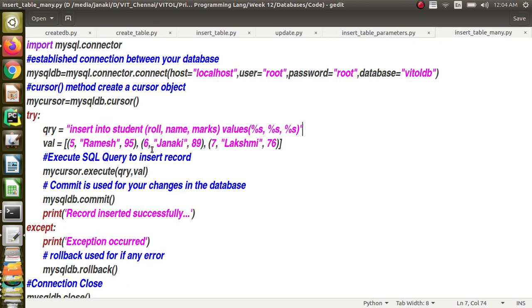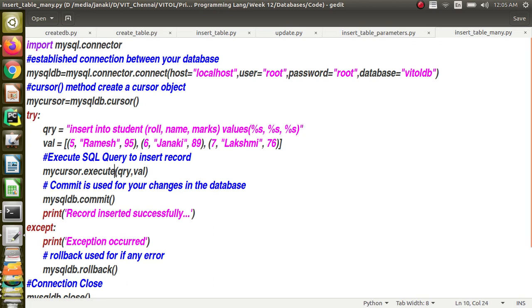When we want to insert multiple values, you create a list of tuples where the number of elements of each tuple will be equal to the number of fields in the database. Here I have 3 fields, so I have a tuple of 3 elements. So I am trying to insert 3 records.